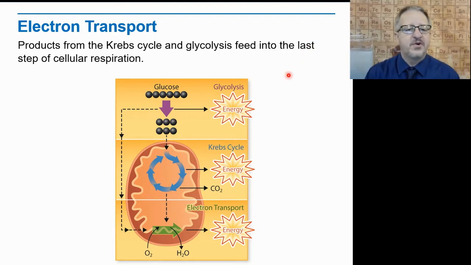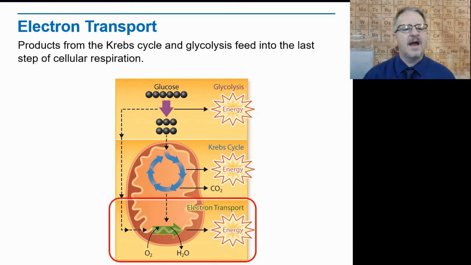So that brings us to the third stage of cellular respiration, and that's called electron transport, or electron transport chain. This is the third stage of cellular respiration, and it is somewhat familiar to you already, because photosynthesis also has an electron transport chain, two of them. All right, so